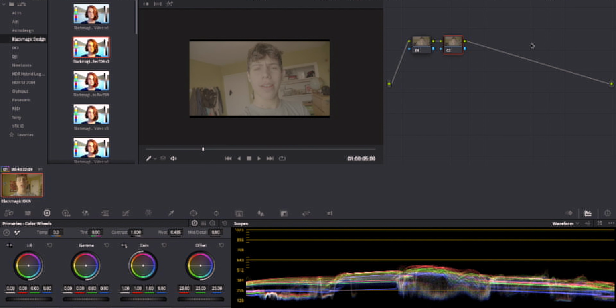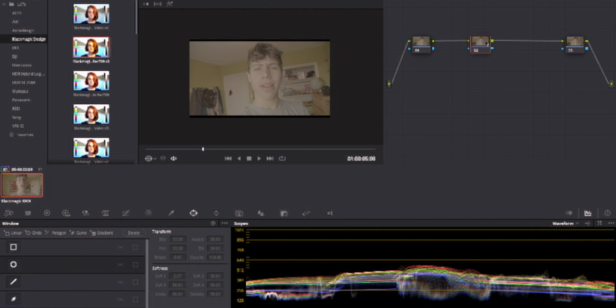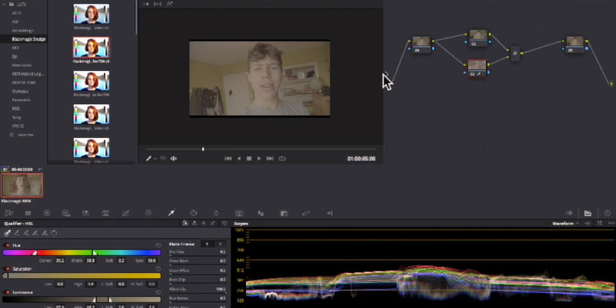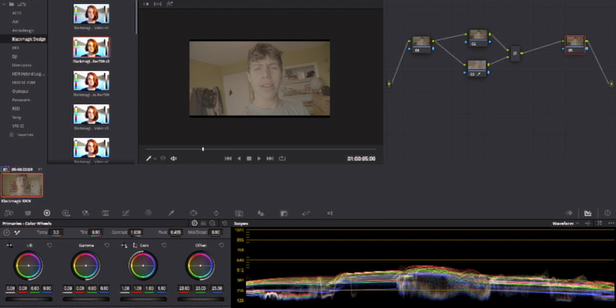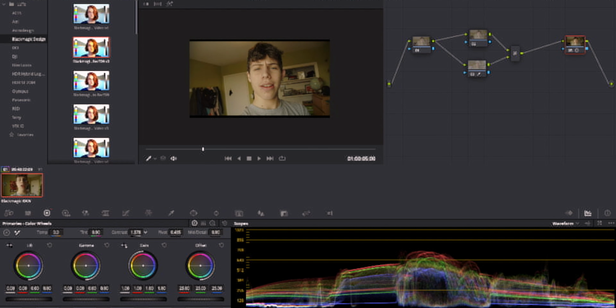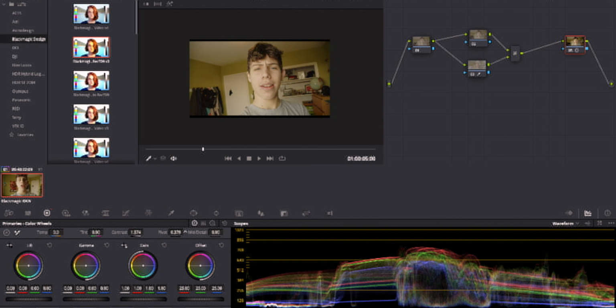Now another thing we can do here is do this on our own. So let's create another one, and we can do what we did earlier by right clicking, add node, add layer, and we can go down to the bottom, click this, and try to get that skin tone there. Then if we go up here, we can color correct the image, make it really bright. So we bring up that contrast quite a bit,